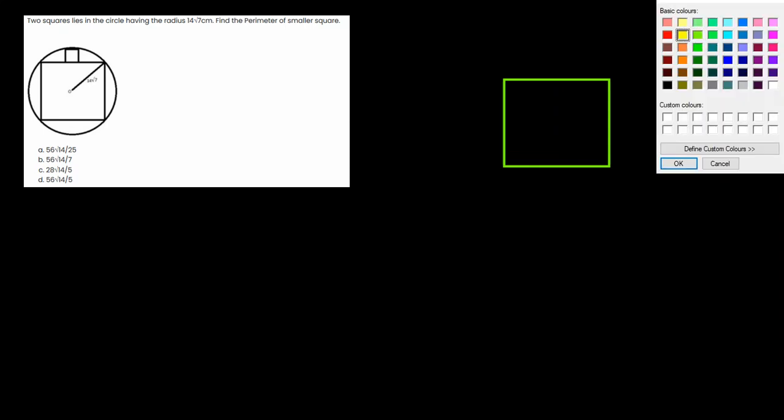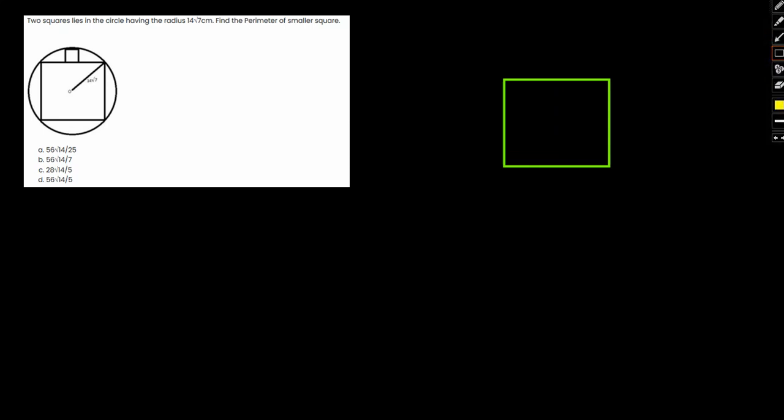So let me just draw the figure. So here we have a bigger square followed by a smaller square. Okay. So say that this is my figure. Now what we have here is a circle. Okay, so the circle is something like this, just engulfing both the squares. Okay,